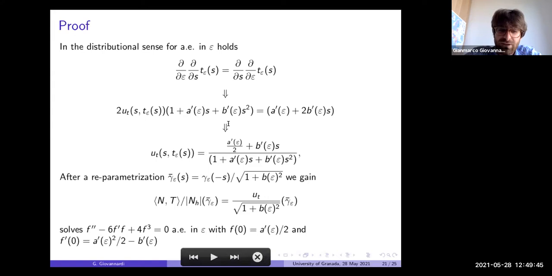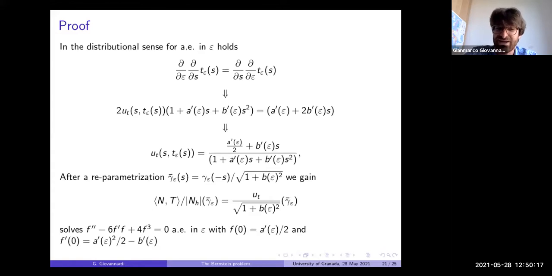And so what we obtain is that u_t, the partial derivative with respect to t, is as this representation, so that is the relation between a one order polynomial over a two order polynomial. So if you remember, we had a lemma that said that this was more or less the only solution of